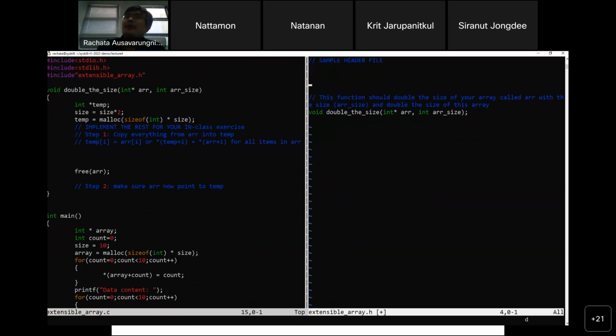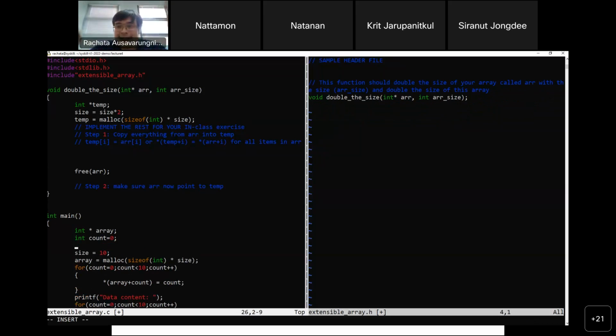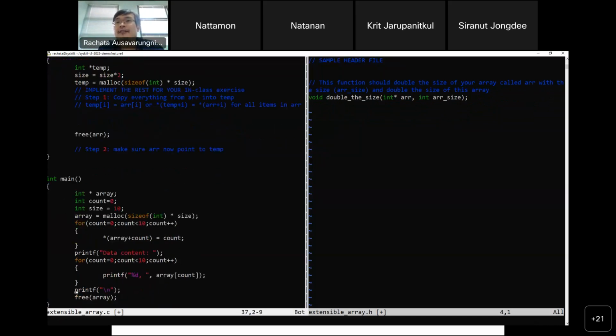And let's not use a global variable because it's generally a bad idea. Because it's some variable that would exist throughout everything in this particular framework. So people try to avoid that. So let's say int size. Initially it's 10.